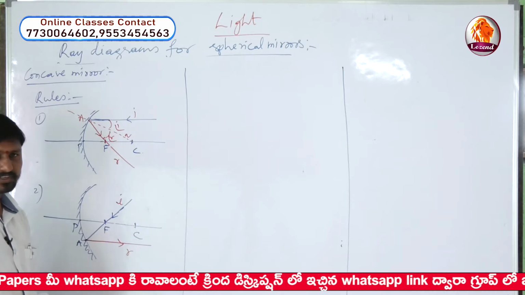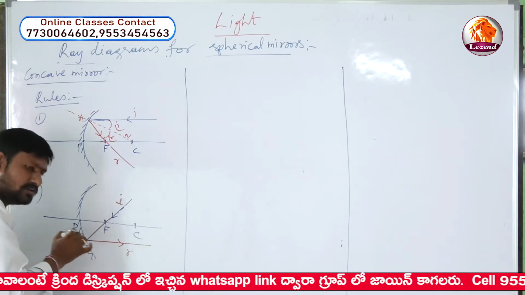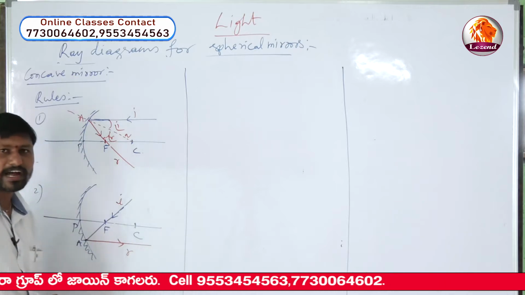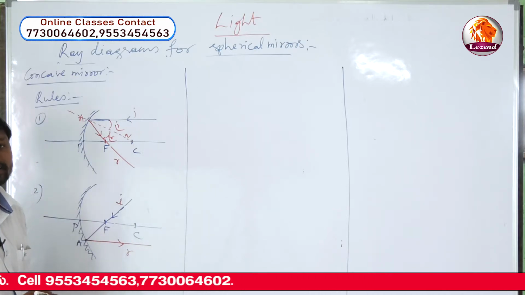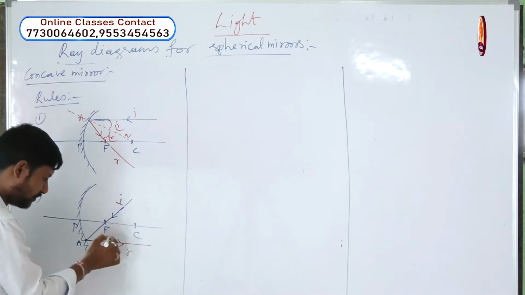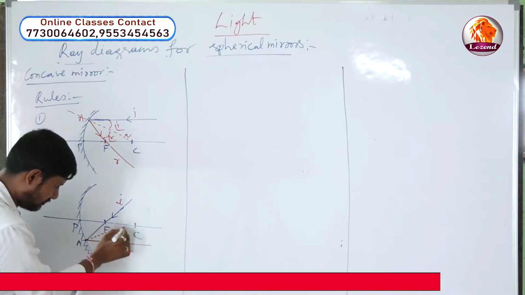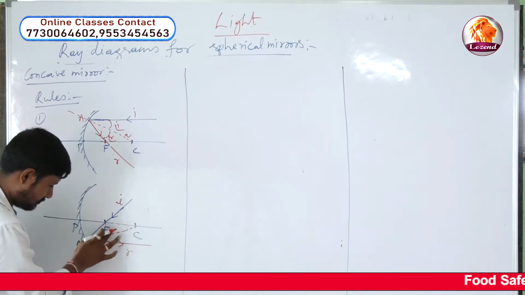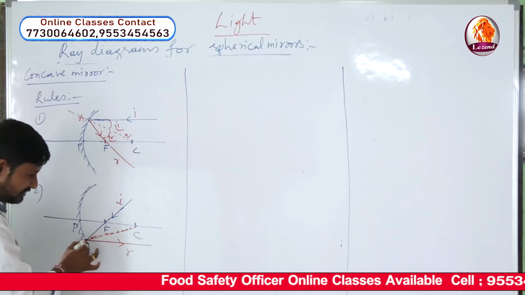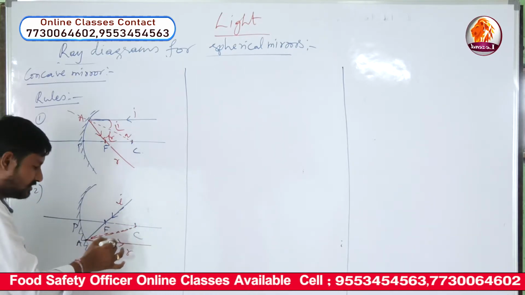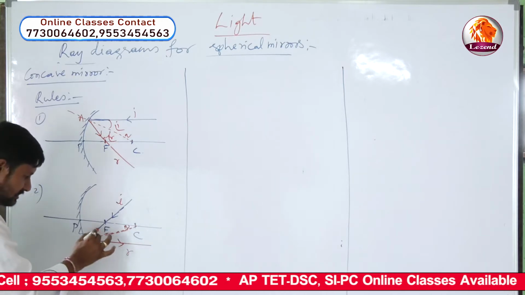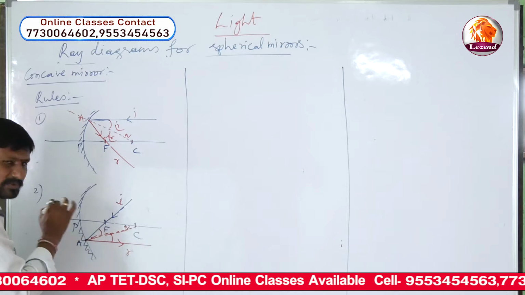Principal axis. So any light ray which is passing through principal focus of the concave mirror, after reflection, it will travel parallel to the principal axis. So if you want to check it, you can do it now. So joining this, see here, this is the normal, from point of incidence to center of curvature. By joining, if you draw a line, this will become normal, and this is incident angle, this is reflected angle. Both will be the same.